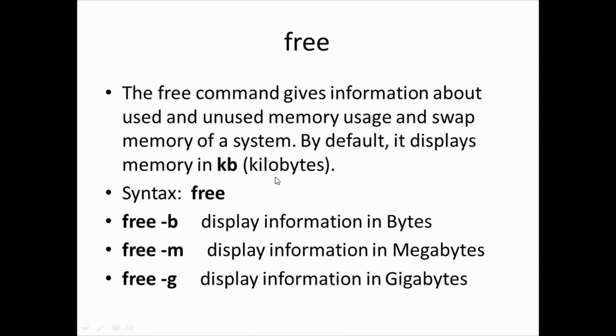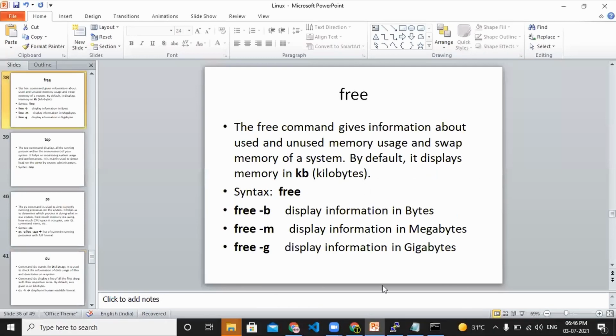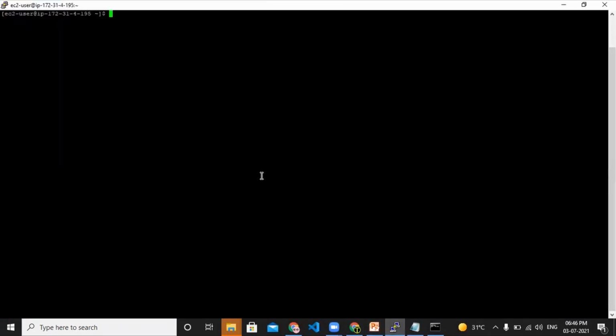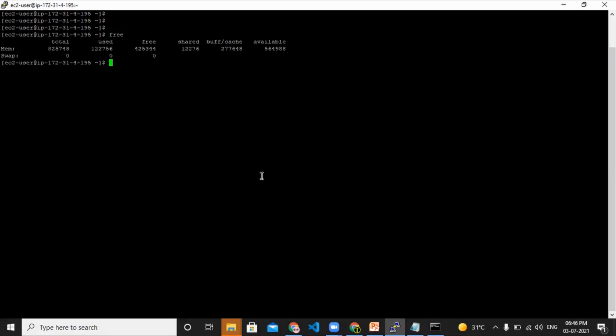So next is a command called free. Free is a command that gives information on how much memory is used and unused, for a particular machine. If you want to check this machine, how much memory is used, how much is unused and how much is available, you can see this by using the free command. You're able to see my screen, right? Just give me confirmation.